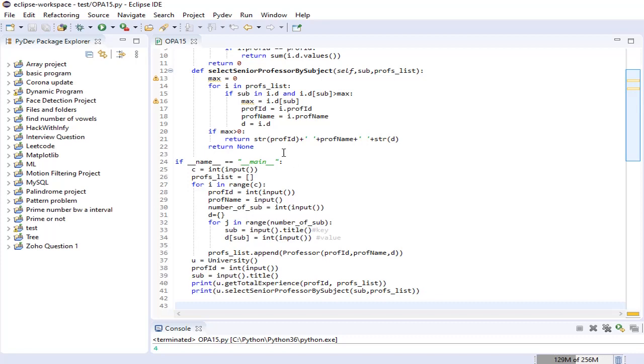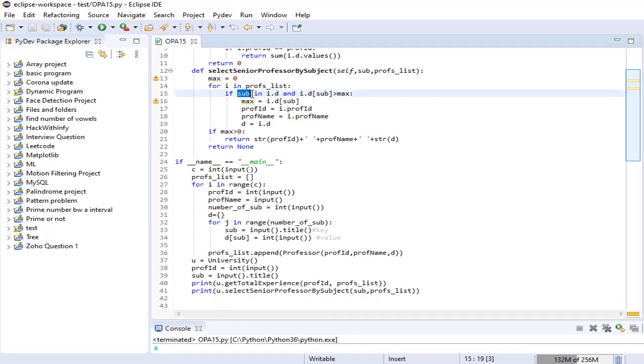In order to find the records of the professor who has the highest experience in terms of years for that particular subject, I first check whether that subject is present in the dictionary D using the command i.d for each and every attributes. That is, I'm checking in each and every professor details.